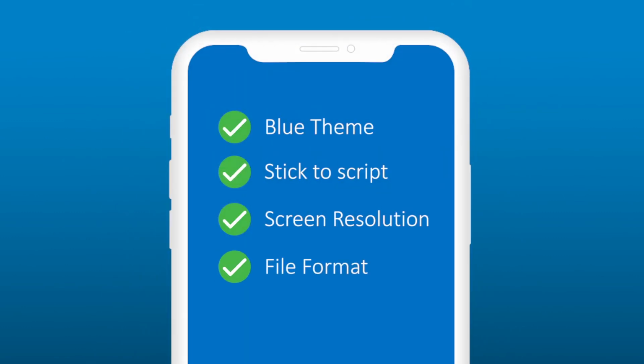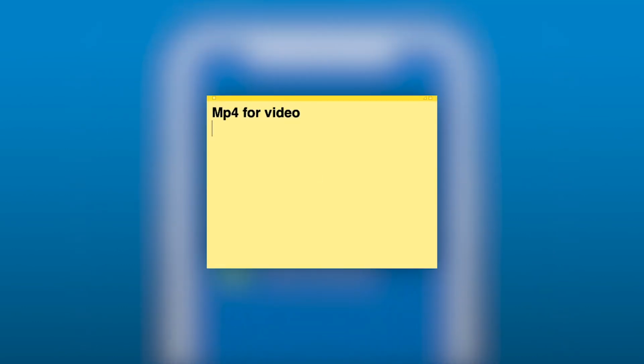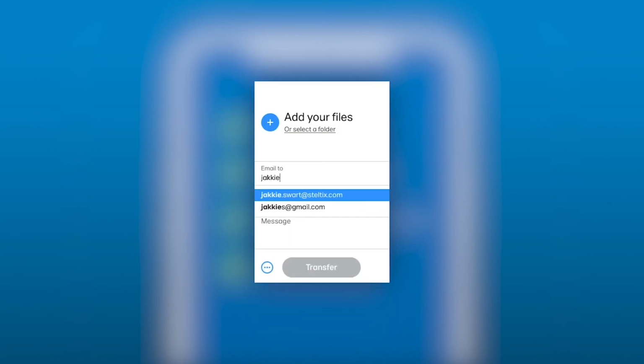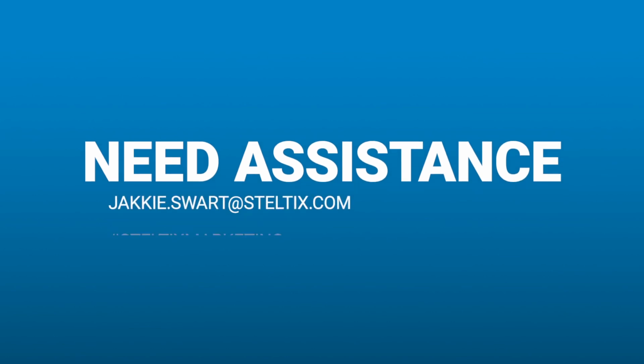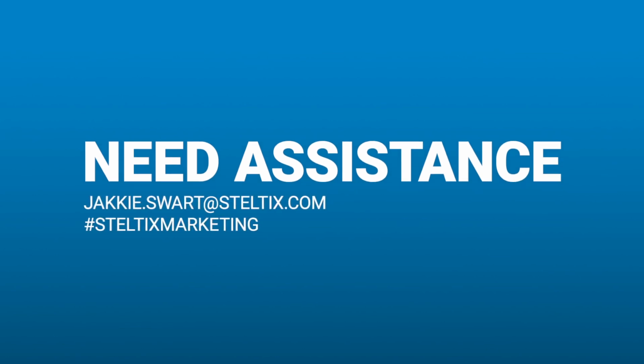Step 4. When exporting your footage, try keep the file in its default format. MP4 for video and JPG or PNG for images will be fine. Use a large format file transfer service like WeTransfer.com to upload the footage and send it to jakkie.swart@steltix.com. If you are having any difficulty or need some assistance, don't hesitate to contact Jackie Swart from the marketing